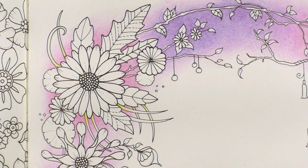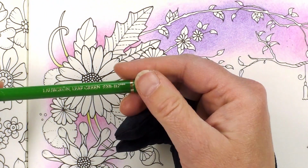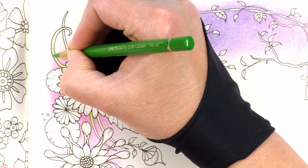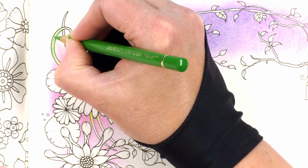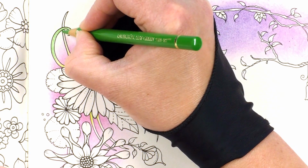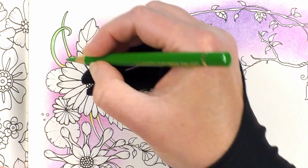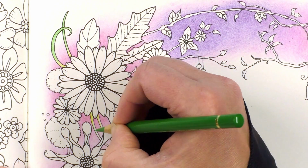There, that's all of them in that section. Now I'm going to actually move to the leaf green, and I'll colour the rest of it in with the leaf green, but I won't press hard. Keeping it fairly smooth, and blend it in just a little bit at the base where it meets the